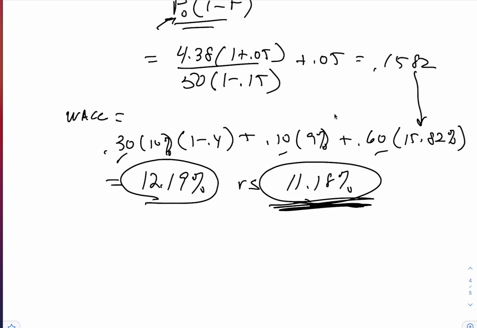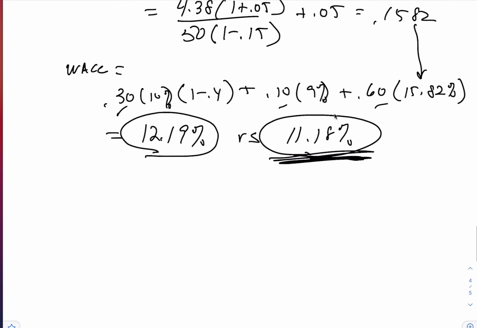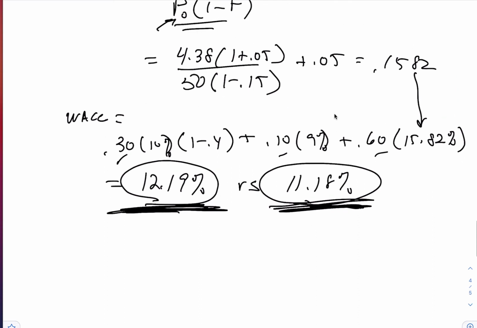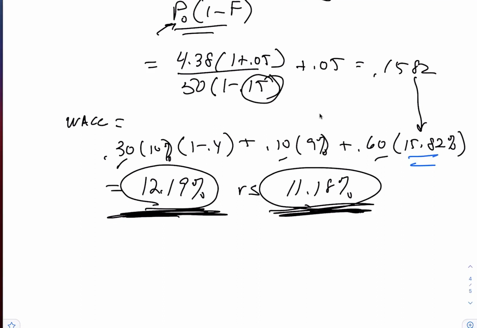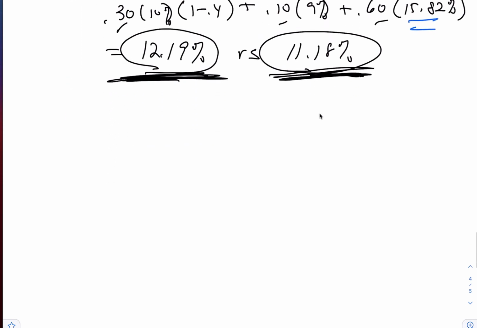However, if you have to issue stock, then this is your cost of capital, because you've got to pay that investment banker this 15% here, and it has a cost to it. As you can see, the weighted average cost of capital goes up. Now, before I close this video, let me cover a couple of items with respect to the weighted average cost of capital.